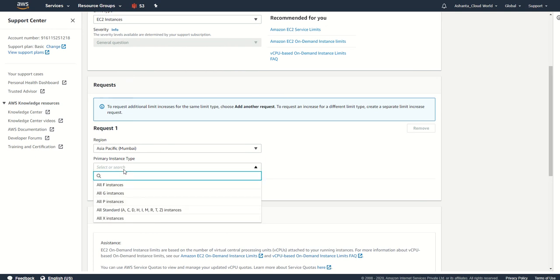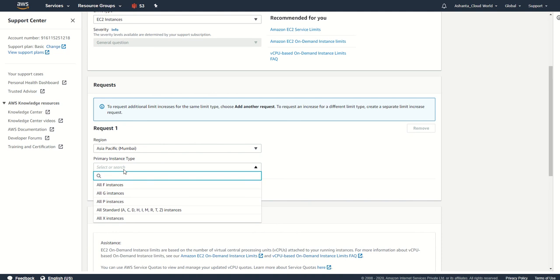What kind of instance do you want us to increase for you? As you know, we have a number of instance types: F, G, P, A, C, D, H, I, M, R, T, Z, and X series as well.